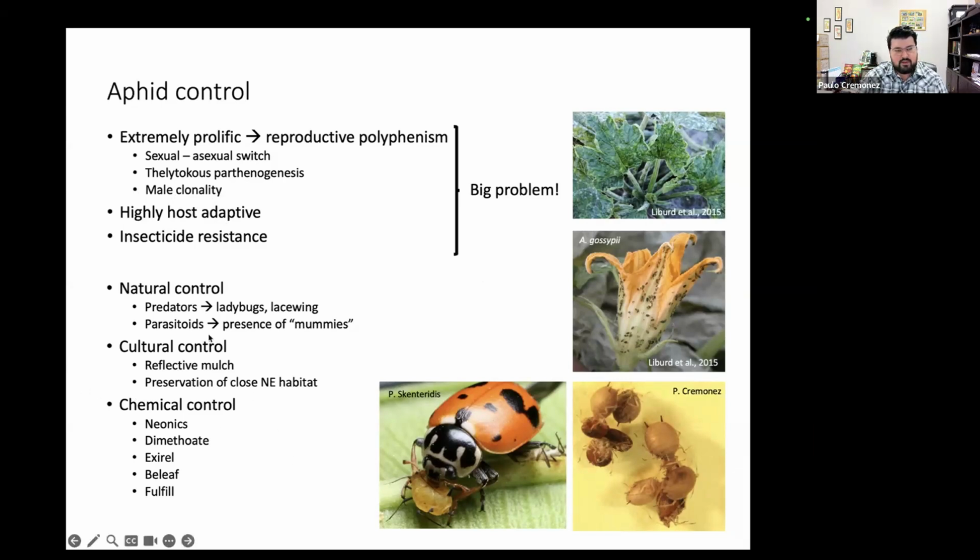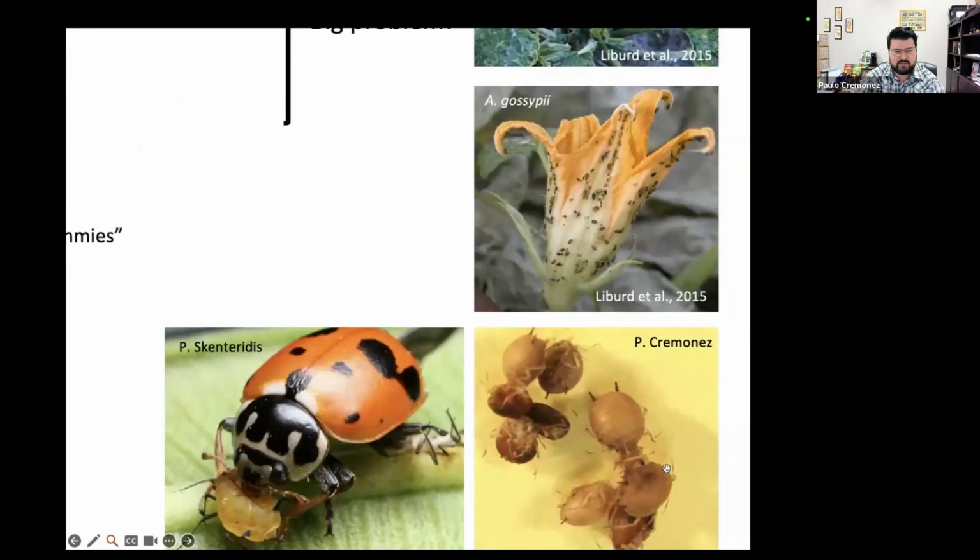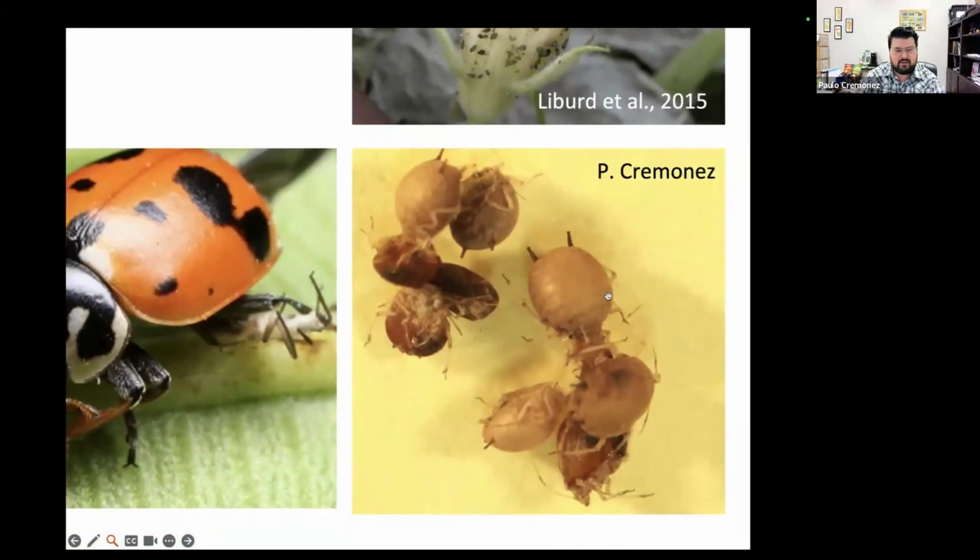So for that, we need to count on an integrated pest management basis and include different tactics for control. Natural control, something that is already happening in the field that maintains the levels down, are the predators. So your ladybugs are great. If you see the ladybugs, they are doing their job. Lacewings are doing their job, the green small ones. And also the presence of small wasp parasitoids that can be laying their eggs inside